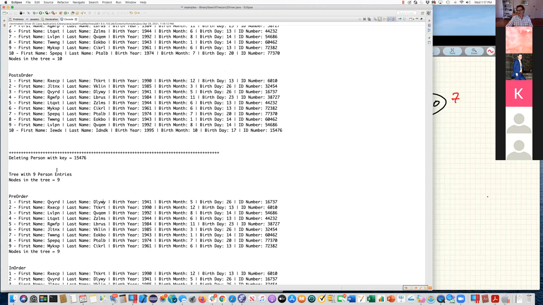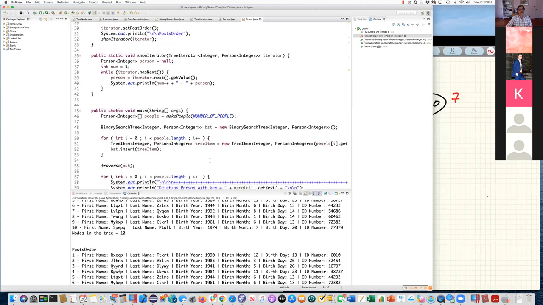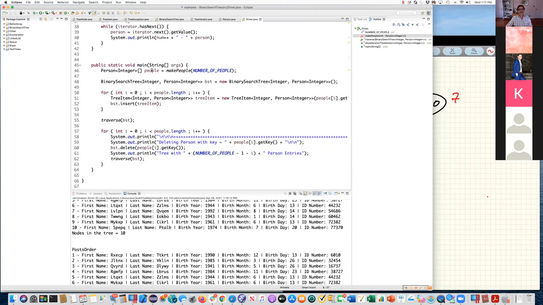Okay. If you just go back and take a look at this code, what I do in this code is actually very simple. I make an array of people, okay, which returns to me a person array. So in my main method in here, I'm creating the people that I want in an array.